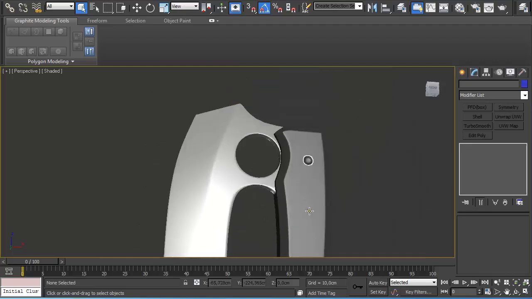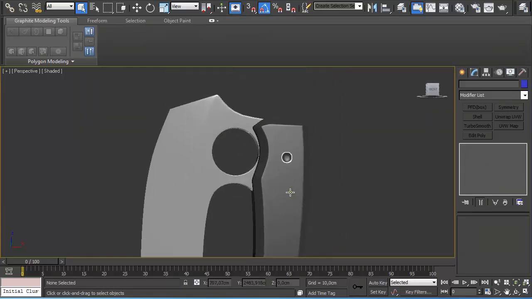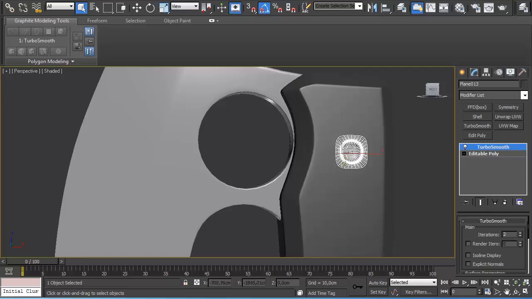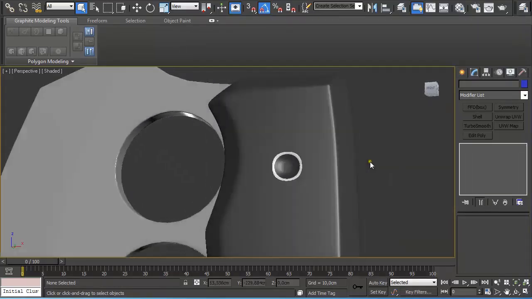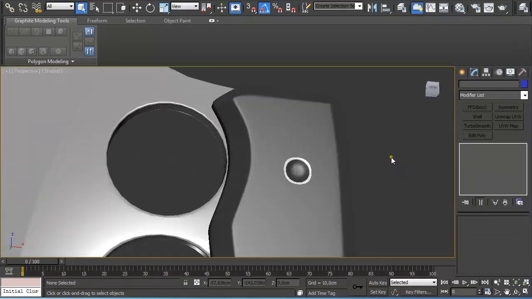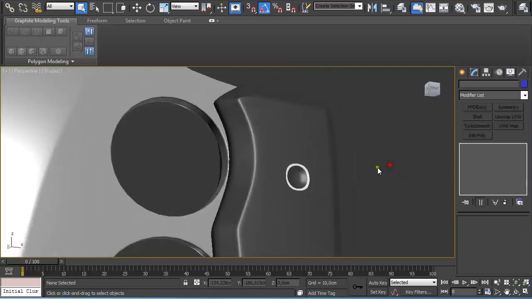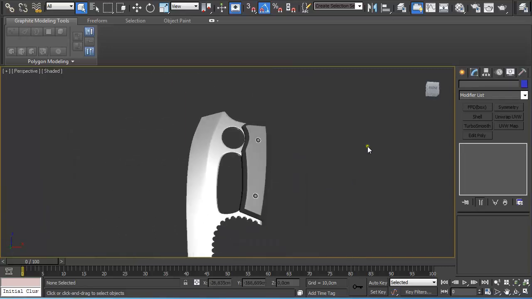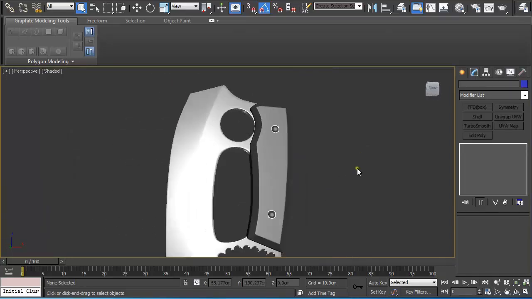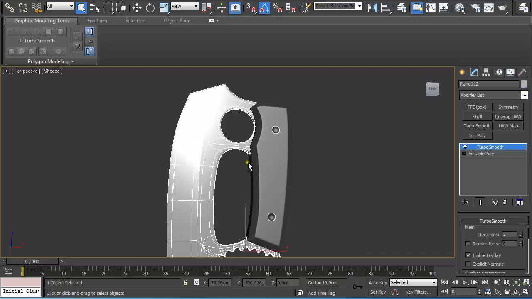And then we're going to sculpt the grip, and I'm going to show you some tips on creating these indentions that look like they are a part of the grip but are in reality not, but Max shows them as they are. And then I'm going to emphasize the need of the additional loops, edge loops, to create a